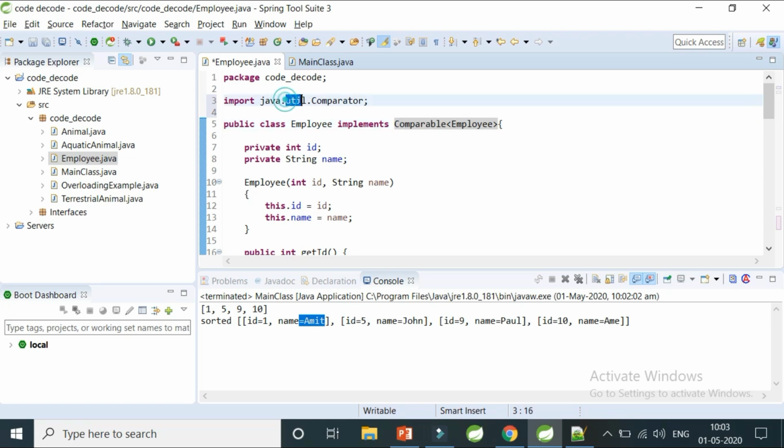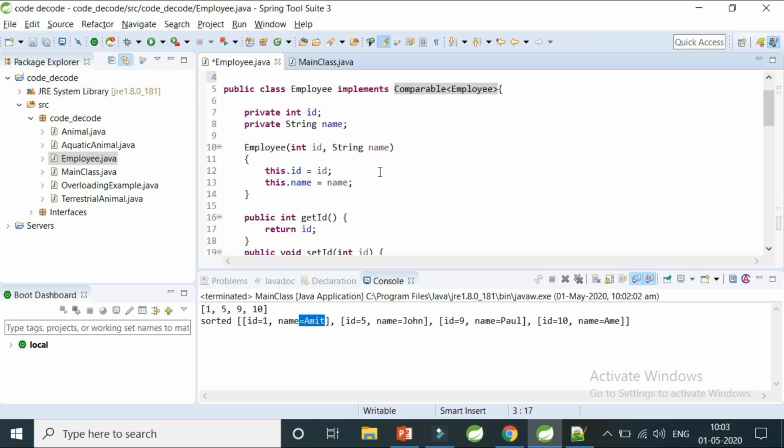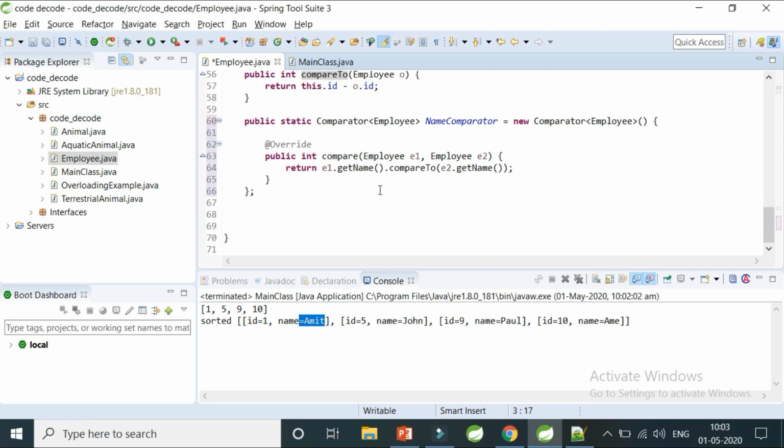But understand, this is a utility. Why is it a utility? Because it's an enhancement to the employee class. And how is it an enhancement? Because we are trying to compare employee objects with the name comparator. As we all know, comparator is an interface, but I'm creating a new object. So if you can see, this is an anonymous class.